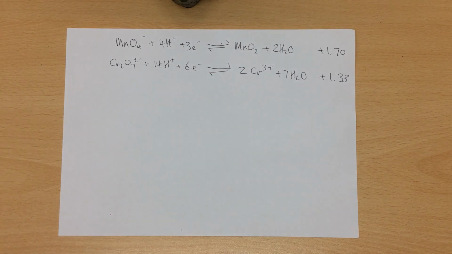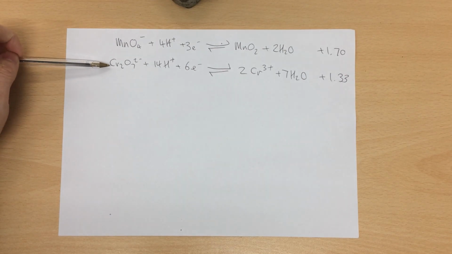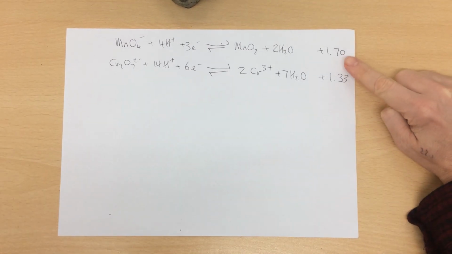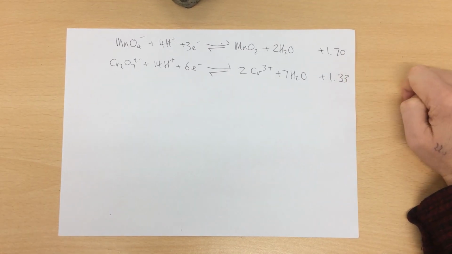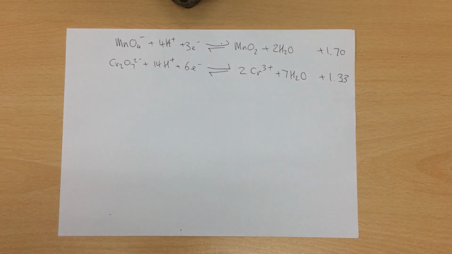Okay, so in this video we're going to do an example of how to do a slightly more complicated cell equation. So I've got my two half cell equations here, and here are the electrode potential values. So to make a cell equation, step one, I need to figure out which equation is being oxidized and which equation is being reduced. And remember, the important rule is the more negative electrode potential is always the one being